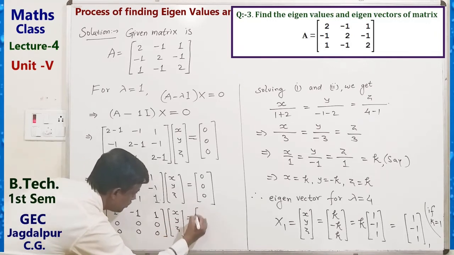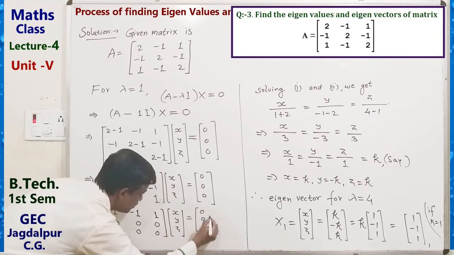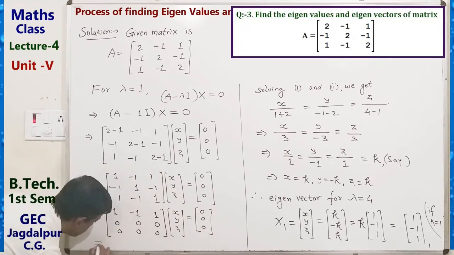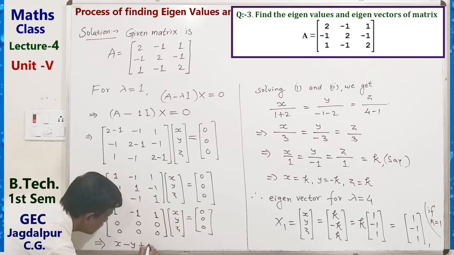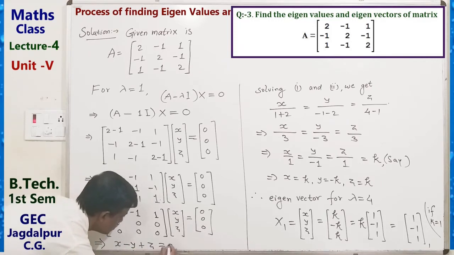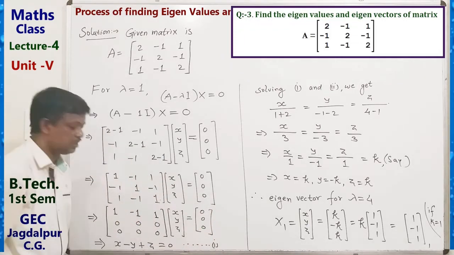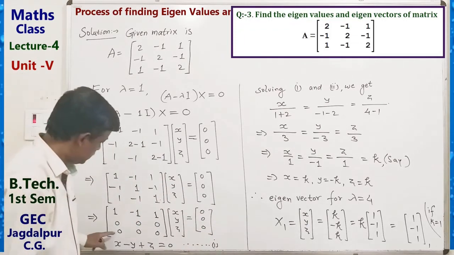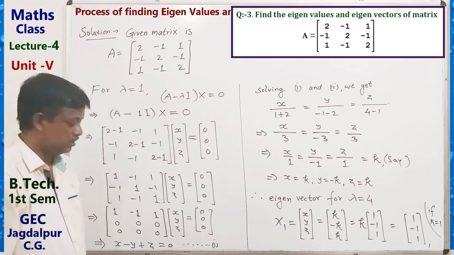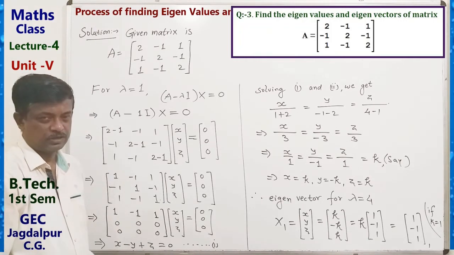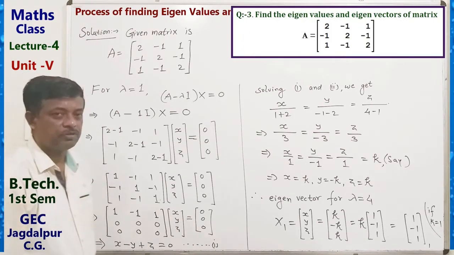By row operation we get a single equation: x minus y plus z equals 0. So equation 1, only a single equation. So this is 0, 0. Rank is 1. So two variables will be